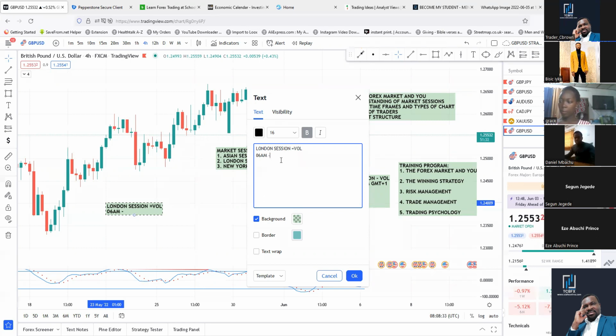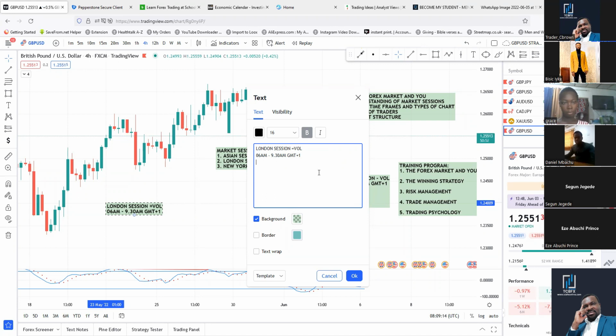Then the volume starts kicking in from 6 a.m. to around 9:30 a.m. This is GMT +1, or whenever it changes, -1, but this is it. You want to wake up in the morning and then sit down on your chart and prepare for trade, so that by 9 o'clock, 10 o'clock, you have caught your trade, made your money, and got out of the market.